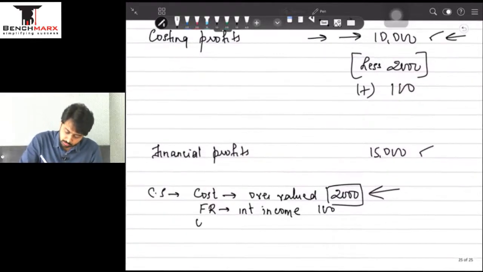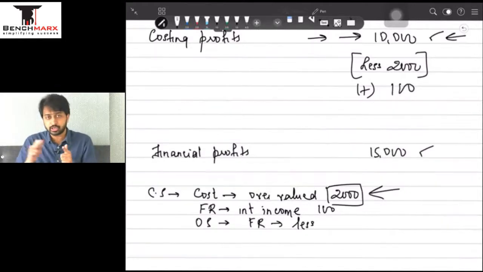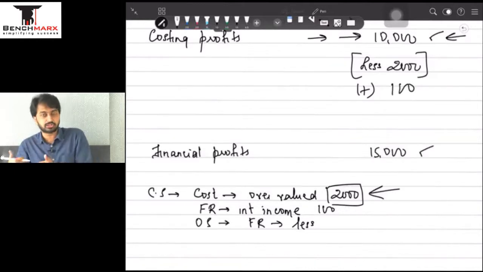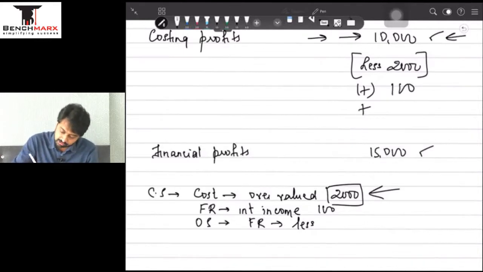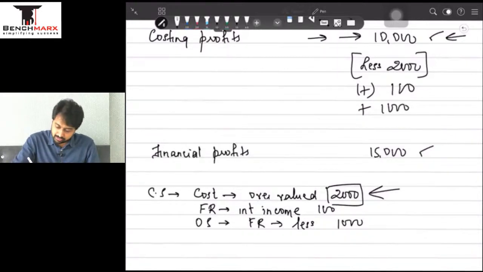Suppose opening stock in financial records is less. Opening stock is a cost item. So if the cost is less, that means the profits are more. That means the financial records' profits are more. That means we are traveling from lower profits of costing to a higher profits of financial. That means we will add, and whatever is the difference, at 1,000 rupees, I will add 1,000 rupees. Right. In this way I will give the impacts of all the transactions, and obviously